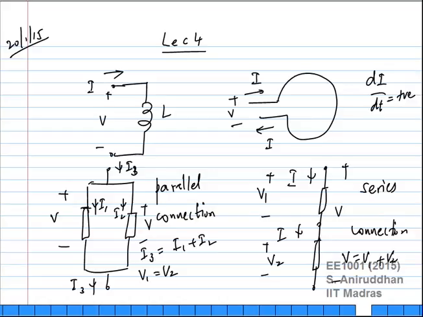A parallel connection is one in which both the terminals of two or more elements are connected together at two nodes, right? That's a parallel connection. A series connection is one where you take two elements and connect only one node, not both. And there is nothing else. The intermediate node is not connected to something else. Otherwise, it's not a simple series connection. And you can apply for this